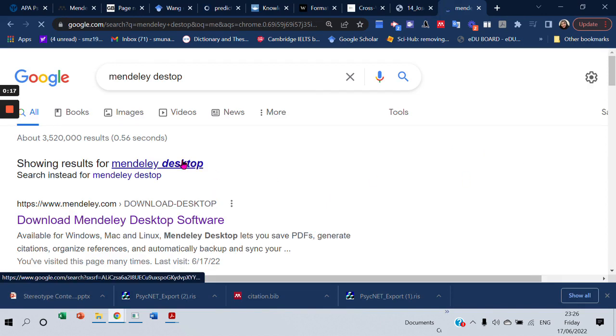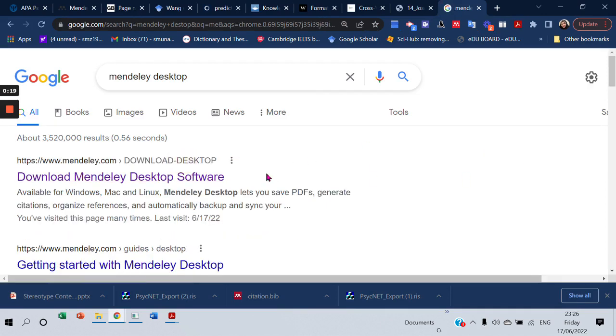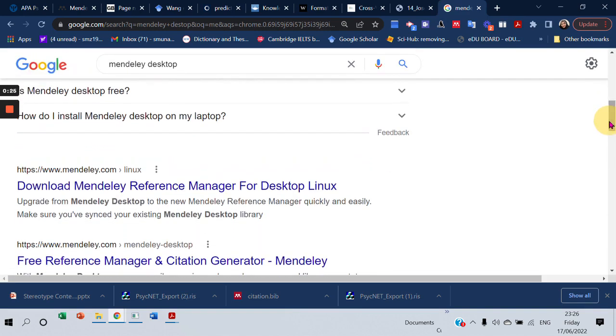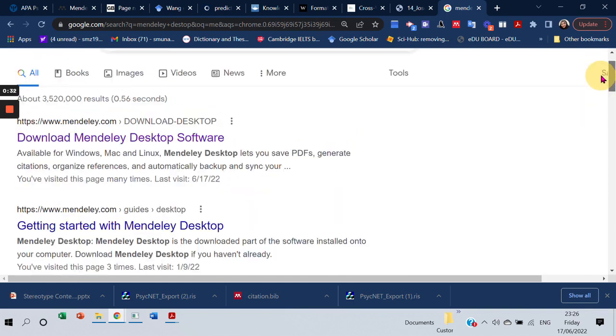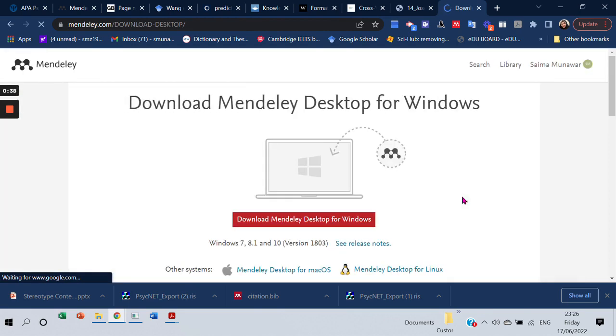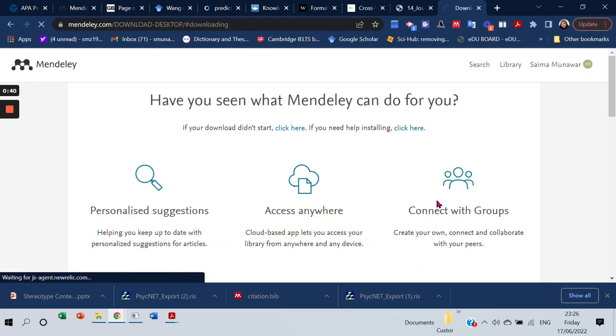Now, Mendeley has two different types of software. One is Mendeley Desktop and the other one is Mendeley Reference Manager, like you can see it here. It is the latest version of Mendeley, but I like the older version more, Mendeley Desktop. So I'll click on this and I'll download the installer